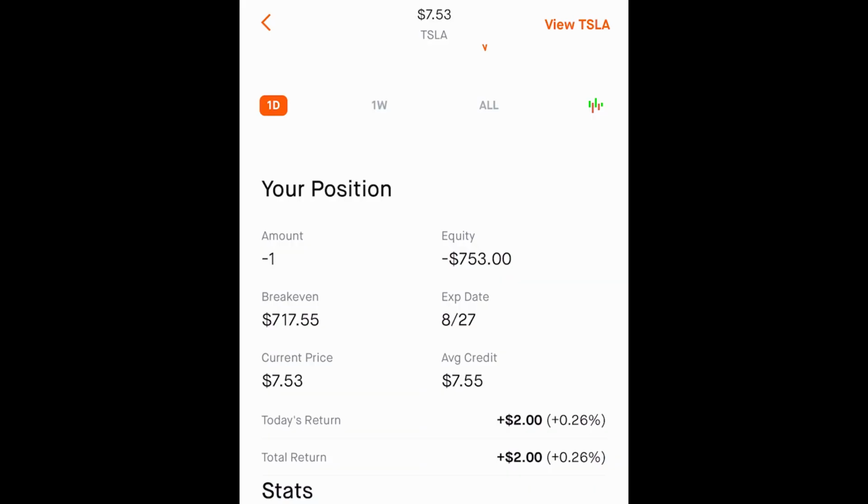So let's go back to the point here. I know it can get a little confusing if you're new to options, and I tend to get a little hyped up when making these options plays, to be honest. So I'm going to break it down one more time in layman's terms, all right? This average credit that you're seeing of $7.55 is the premium I collected for selling this covered call. And you've got to remember, you always multiply that number times 100 because an options contract controls 100 shares of the stock. In plain English, I'm getting paid $755 to give someone the right, but not the obligation, to purchase